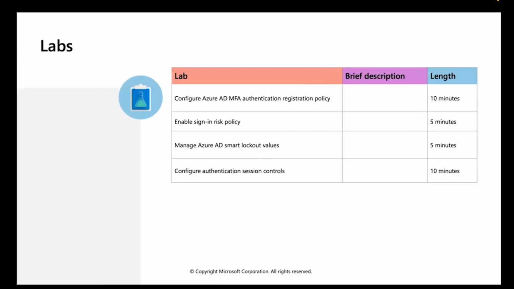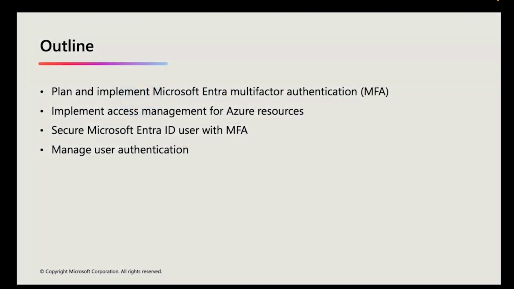So here we have the lab activities that we were talking about. You can complete this as homework. So far we have completed these 4 topics today. We completed plan and implement Microsoft Entra multifactor authentication: what we have in authentication options, how we can configure authentication from the Entra ID place, from M365, what comes in enabling the enrollment, what comes in enforcing enrollment, what kind of registration options we have,